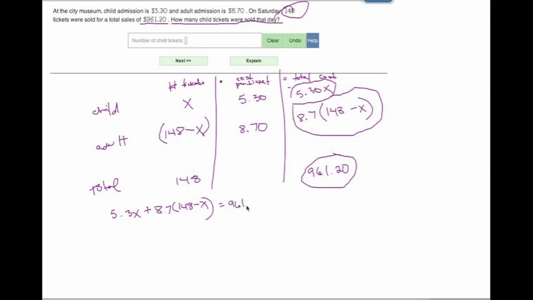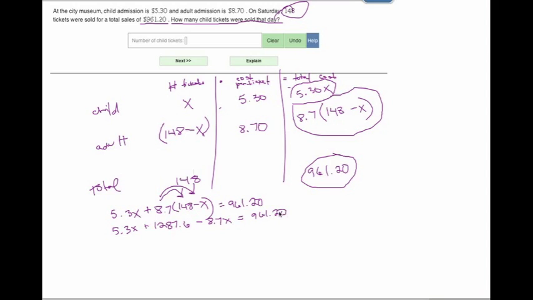equals 961.20. Okay, so let's simplify the left side. So 5.3x plus 8.7 times 148, we're going to distribute to get rid of the parentheses. That equals 1287.6 minus 8.7 times x